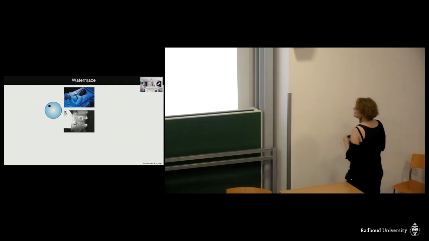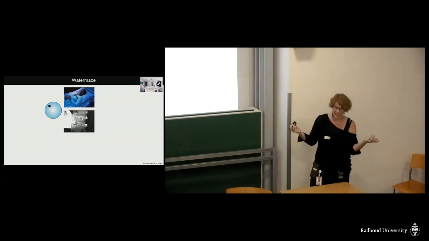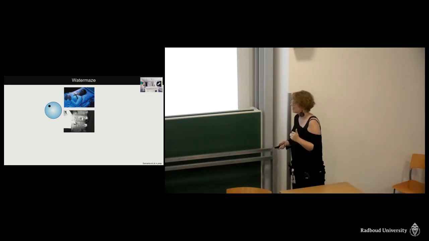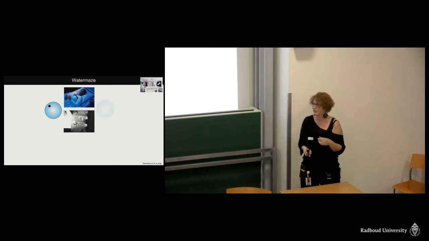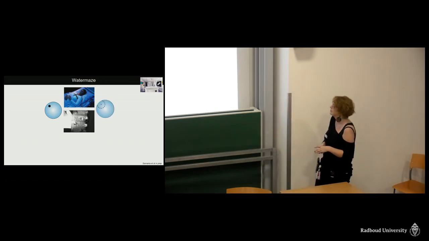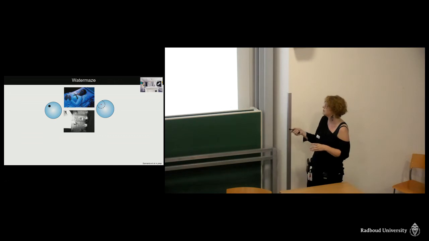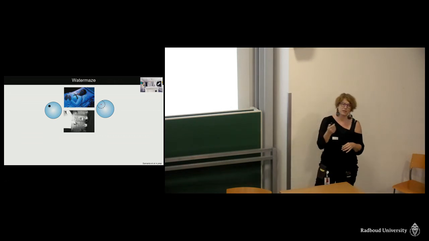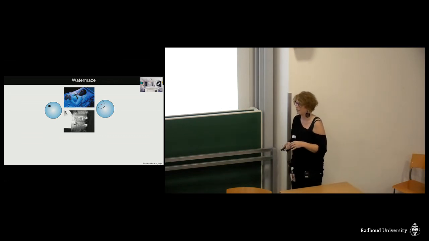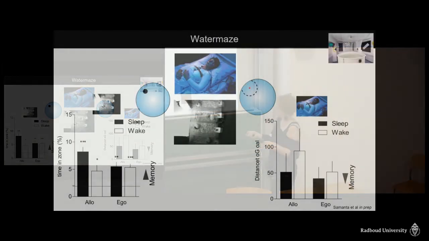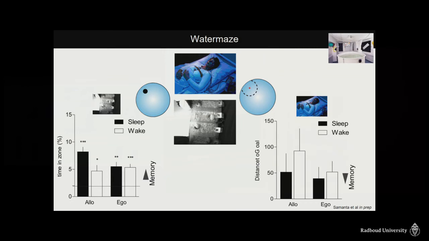So instead they learn where a treasure is on an island in virtual reality. And then they're allowed to sleep, or we keep them awake. And then we retest them, and in rodents we just see where they swim. In humans we ask them to mark where they think the platform was. This was actually partly done at the Donders now with imaging,